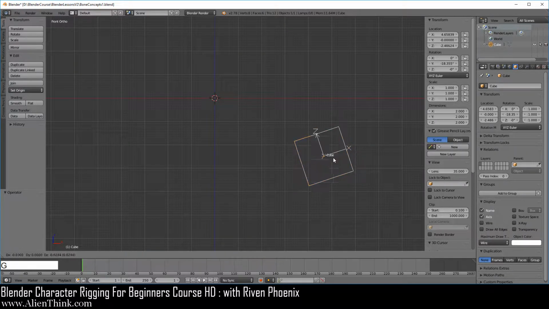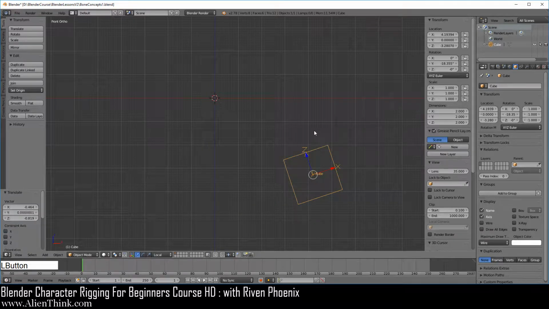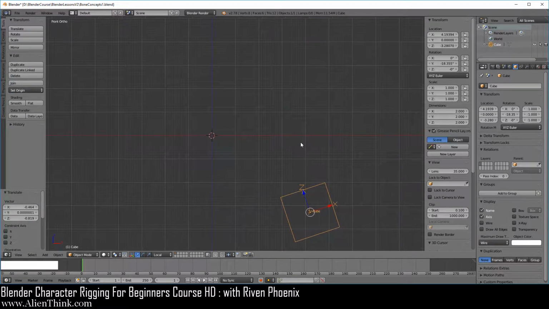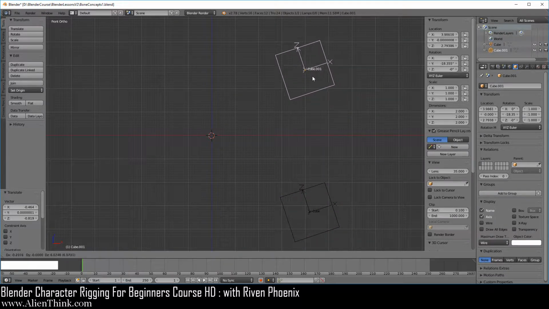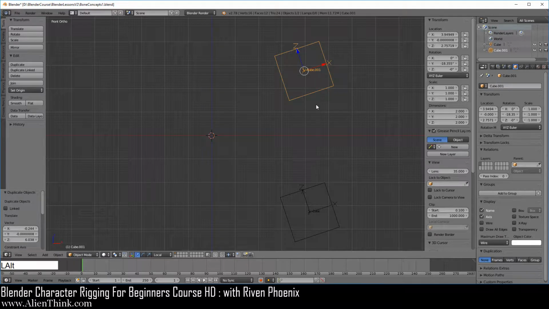Now press the G key to move this down a bit over here, and Shift middle mouse button, I'm just going to pan it down. Now we're going to do Shift D to duplicate this object and place it over here. Now do Alt R to reset its rotation. Now we want to create a parent-child relationship, and as I've already shown you, when we create that relationship, really a snapshot of the center of the 3D grid where it was when that relationship was created is going to be tracked by the parent.